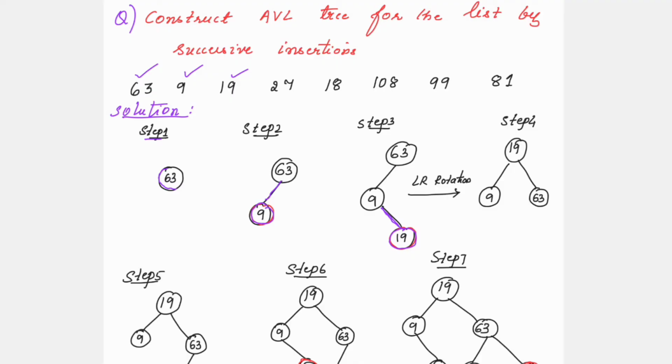Now at this point, if you look into the previous two steps also, the balance factor for the node 63 is 0. The balance factor for 9 is 0, and for 63 it is 1. How to calculate the balance factor for each node I have explained in my previous session. In step 3, what you have noticed is the balance factor for 19 is 0, for 9 it is -1, whereas for 63 it is 2. When you see a balance factor of 2, because only -1, 0 and +1 are accepted for the balance factor, you need to perform a rotation.